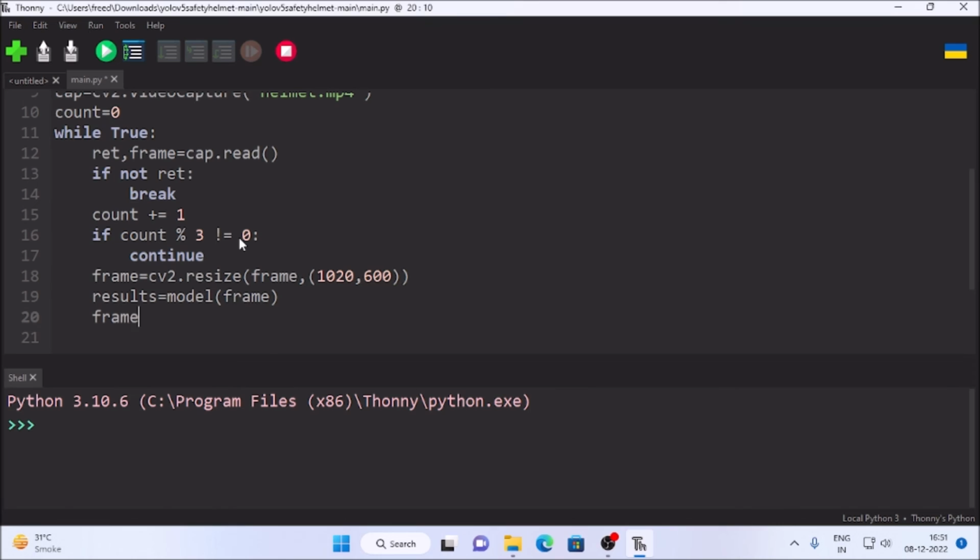Again, frame is equal to np.squeeze, and inside that we are going to mention results.render, this way. Simple, that's it. So if I save the code and if I run the code,